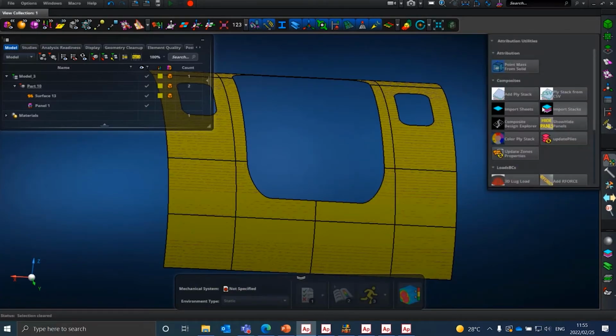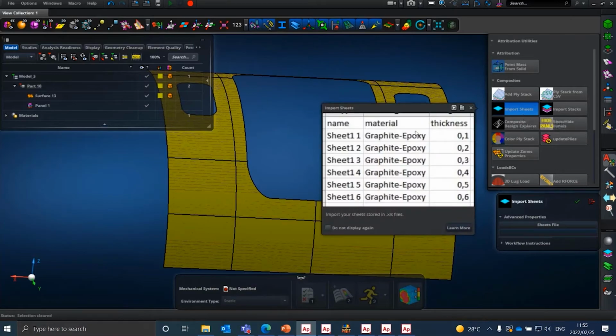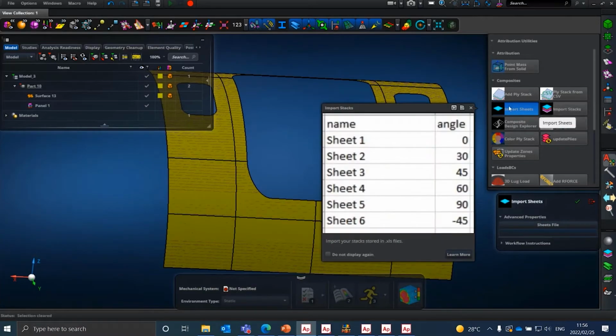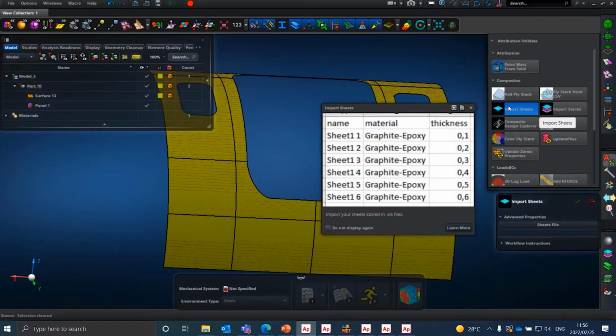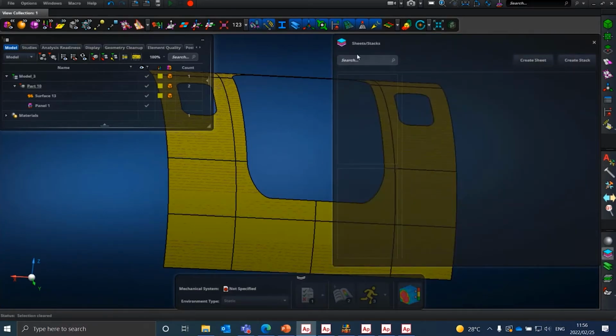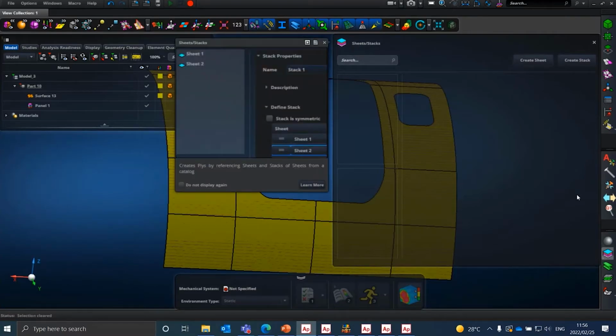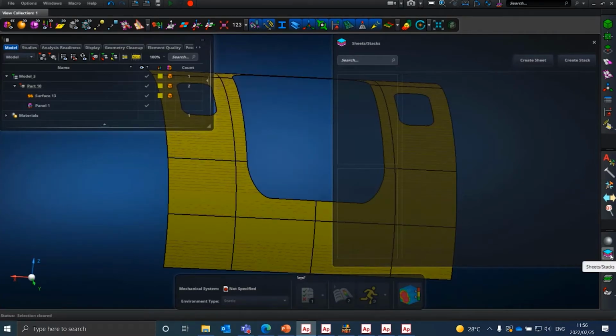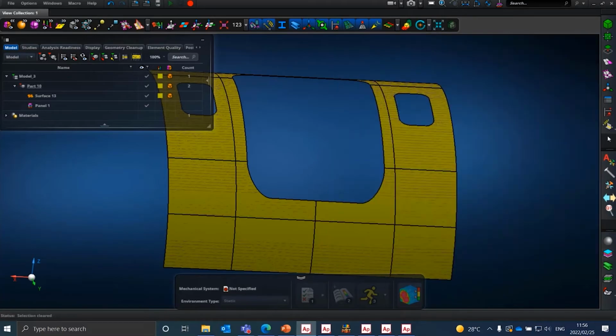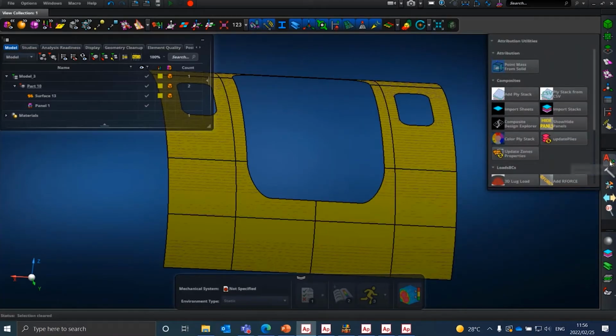Now, there's more tools here, so you can also import sheets. If you have all of your sheets, you can set up an Excel spreadsheet again with this format, and you can then import all of your sheets. They will come and sit in this sheet stack display window. And then after you've imported all of the sheets that you want to use for your different layups,